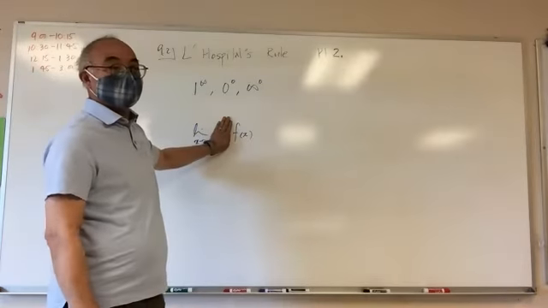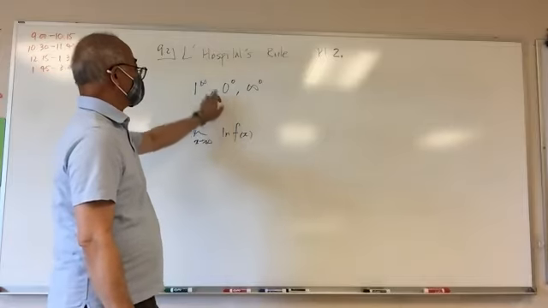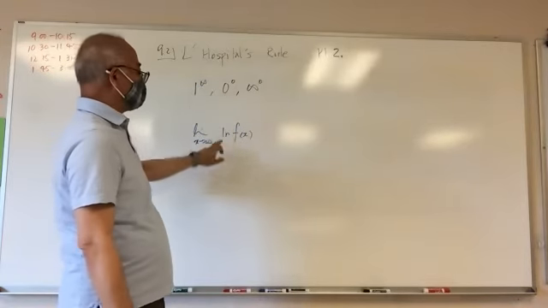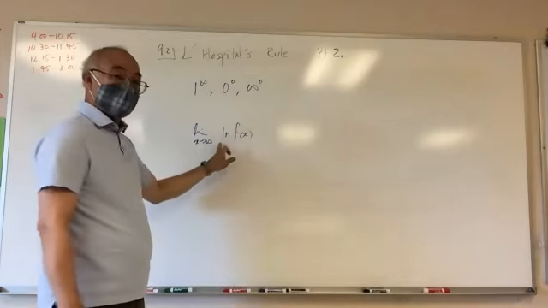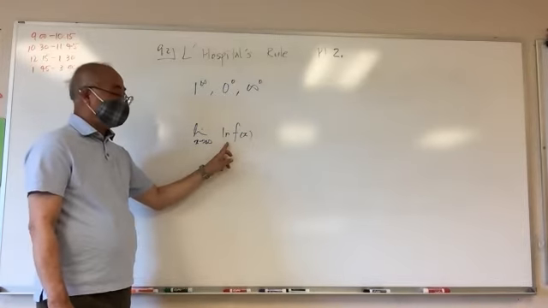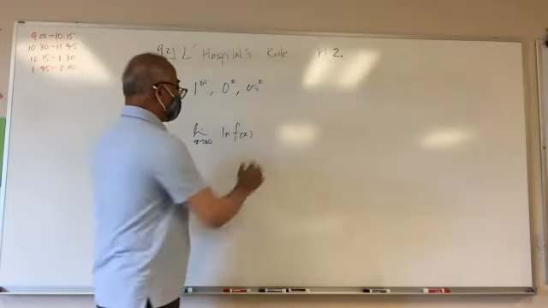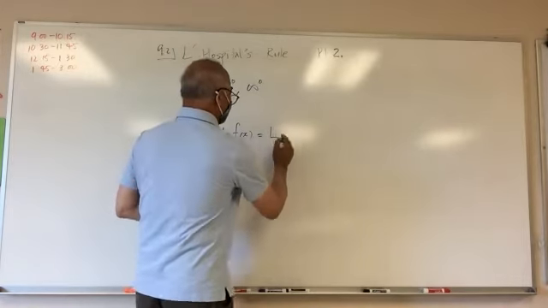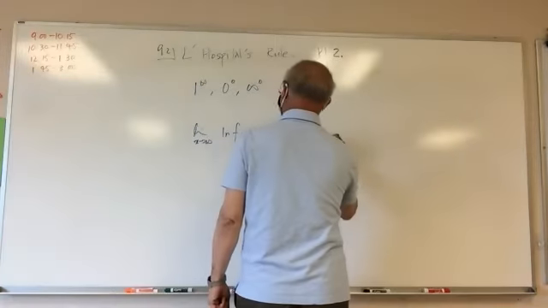But since I have an x in the exponent, by taking the natural log, that takes care of that because it comes forward now. So basically, I'm going to find this. And if I find this as being L, what I'm trying to find really is